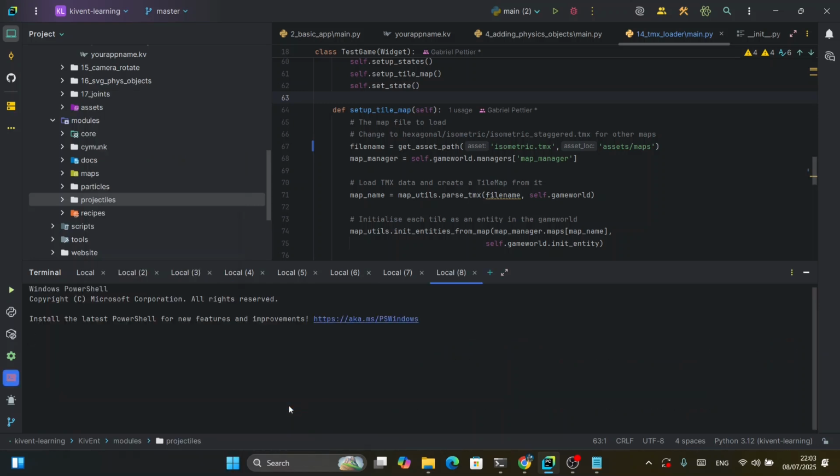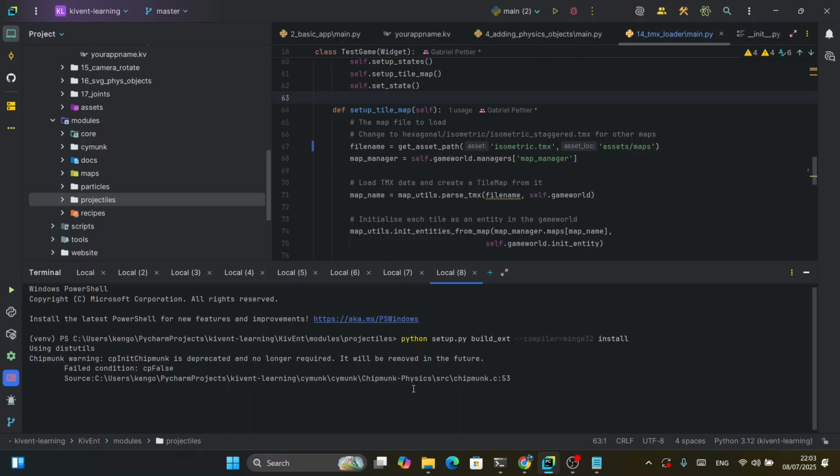Open in terminal and do that. Also, please do not download MinGW